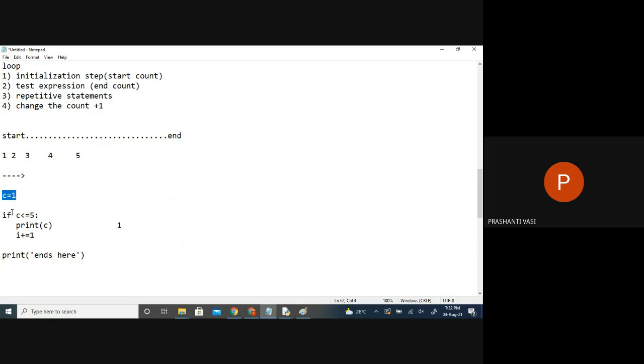So there is an English keyword. I'll replace it now. As long as the c value is found to be less than or equal to which number? 5. We have to repeat this job. It means I should do these two statements as long as this is true. Is it true for the first time? Yes, so it printed 1. After that, c became which value? 2. So I said repeat it as long as it's true. So again I have to go to this same point.